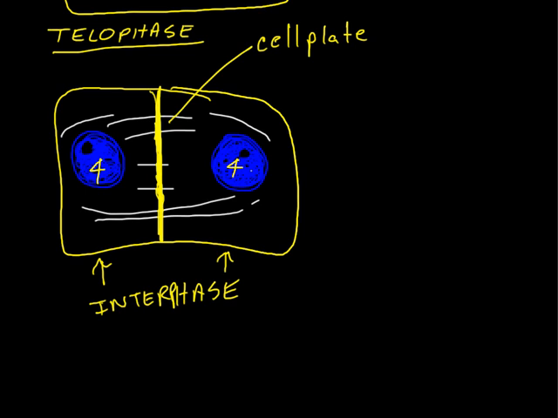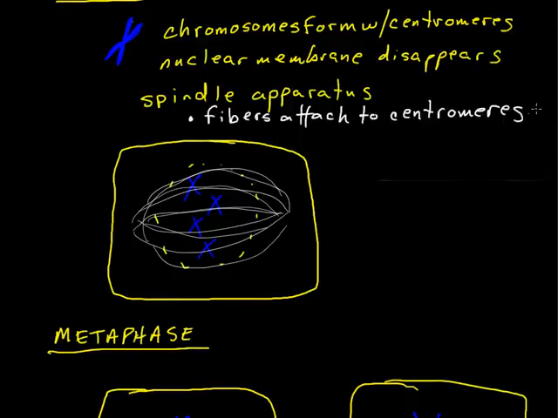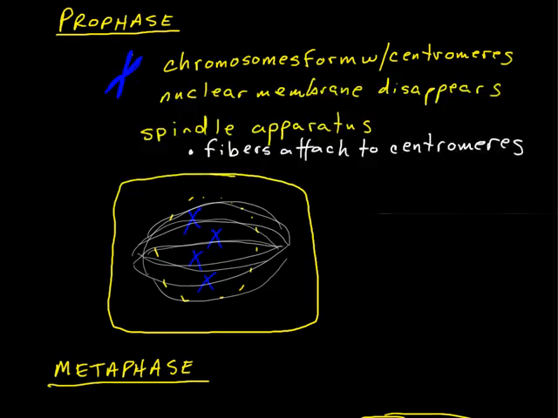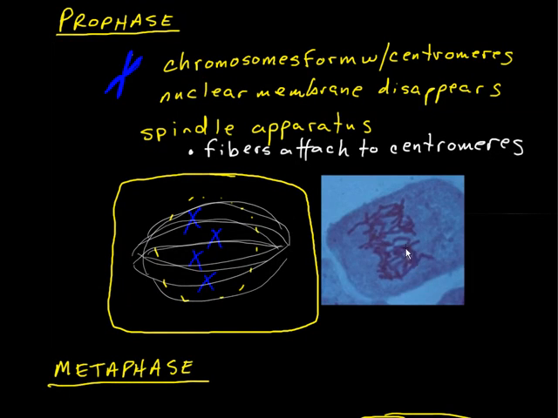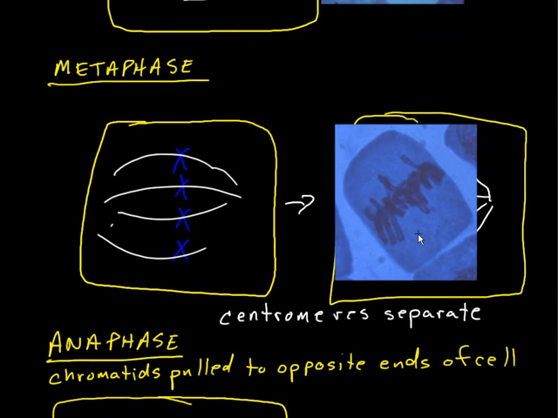To quickly summarize, let me back up and look at a couple actual photographs alongside of the drawings here. So we'll start with prophase, where we first start to see chromosomes. And so here's a photo of a cell in prophase. We can see the chromosomes, but they aren't particularly organized. And moving on to metaphase, where they line up in the middle of the cell. Here's a photo of a cell actually in metaphase. We can see they're all lined up at the equator of the cell. We cannot see in this particular photo the spindle fibers, but it's pretty obvious this is metaphase because of the